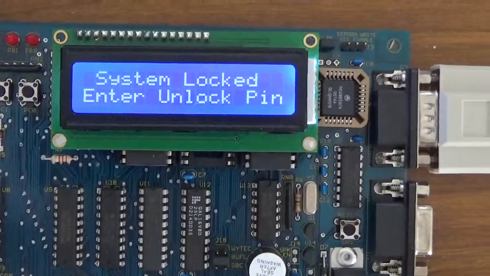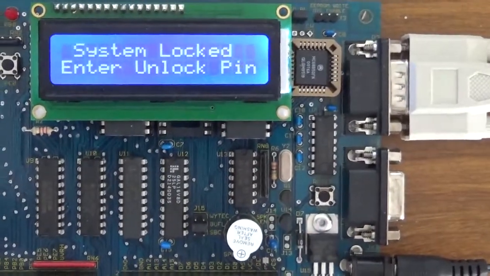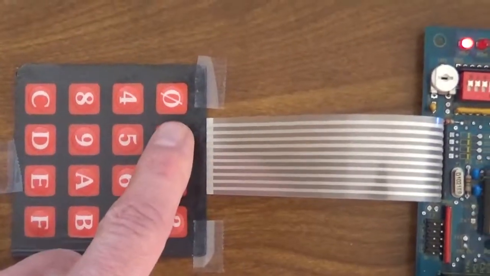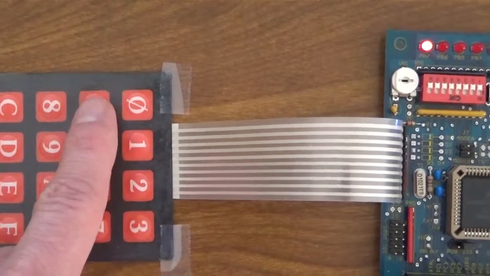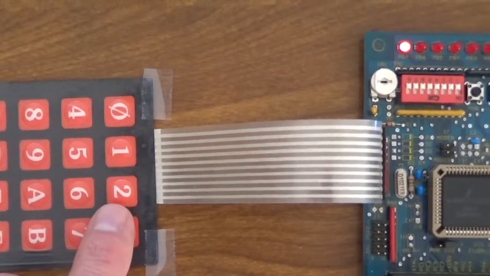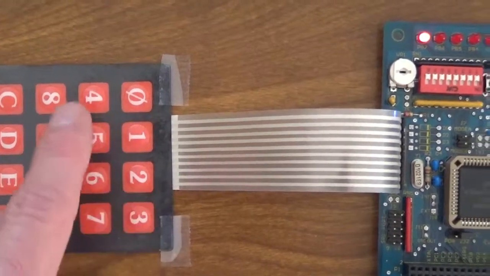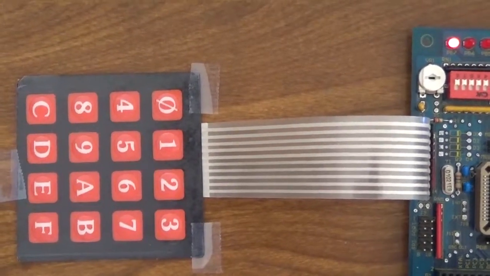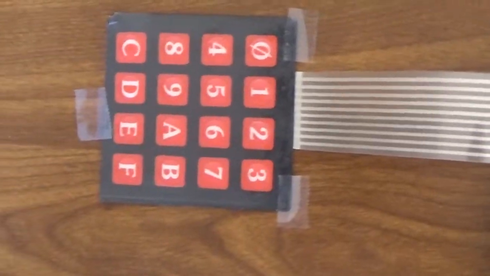In addition to the timing delays on this keypad, there's also a 2-second delay between the numbers. Say for instance you're using 1, 2, 3, 4. If you use longer than 2 seconds to go from 1 to 2 or 2 to 3, 3 to 4, then that same display message will appear on the LCD that says incorrect code. I'll demonstrate this feature,